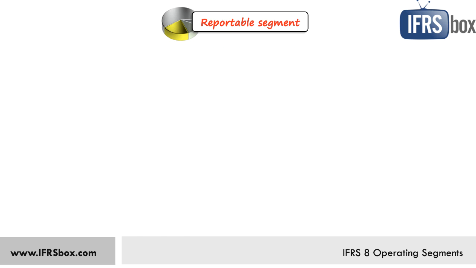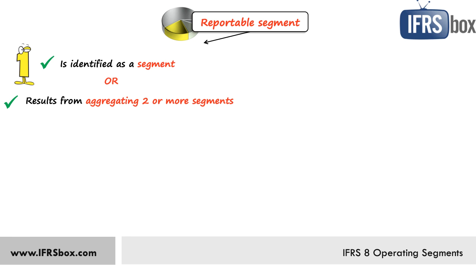So which segments to report and which ones to ignore? IFRS 8 defines so-called reportable segments. A reportable segment is each segment that meets two criteria. The first criterion is that the segment has either been identified as a segment, in other words, it meets the definition of a segment, as we just mentioned, or results from aggregating two or more segments based on certain aggregation criteria. So even if one component does not meet the definition of a segment, it can meet it together with some other segment. So two or even more segments can be aggregated into a single operating segment if segments